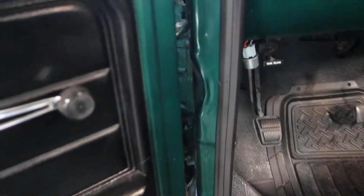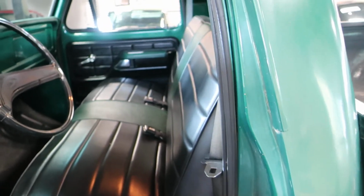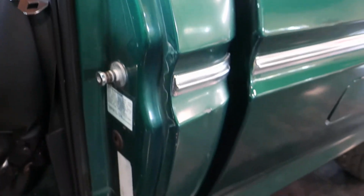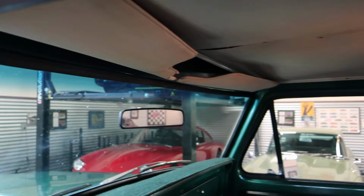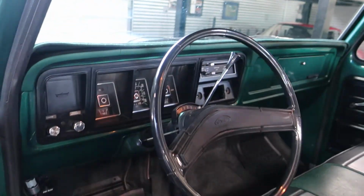Your door cards are really nice. The interior bench has been replaced. That was a dark jade as well. They did give a nod to that with the center panel, and then they went with a restored new black vinyl with the jade green stripe down the middle. So excellent body, absolutely